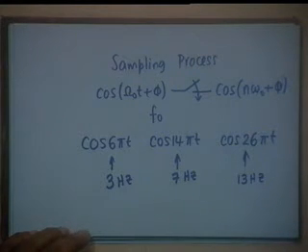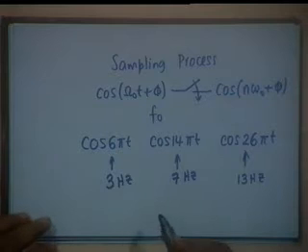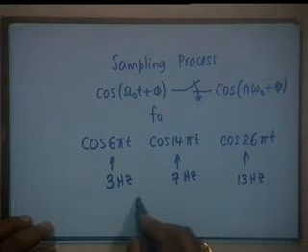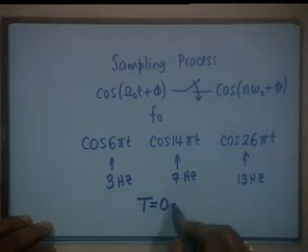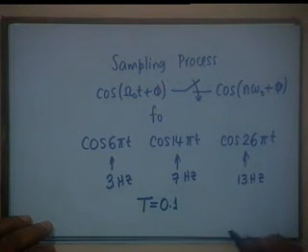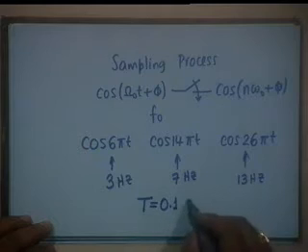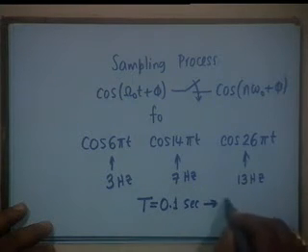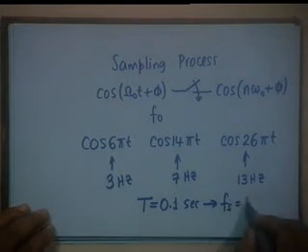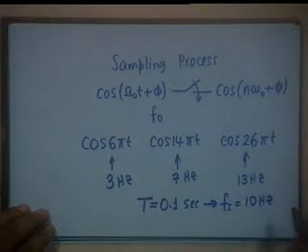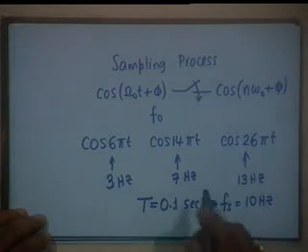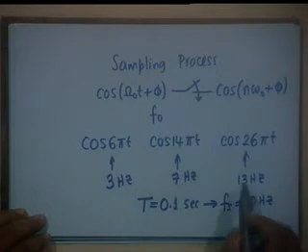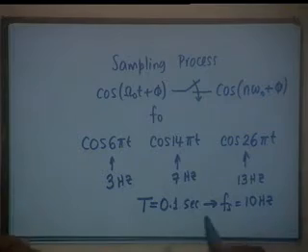When you sample, suppose the sampling interval is 0.1 second, which corresponds to Fs equal to 10 hertz. Obviously, 10 hertz is not the correct sampling frequency for the second and the third signals, but let us see